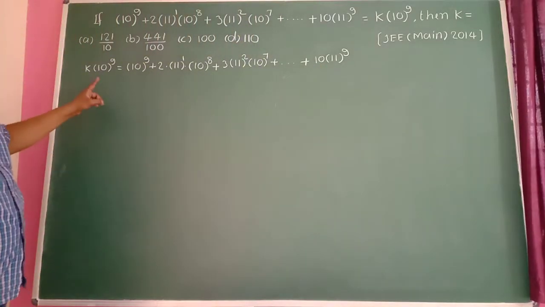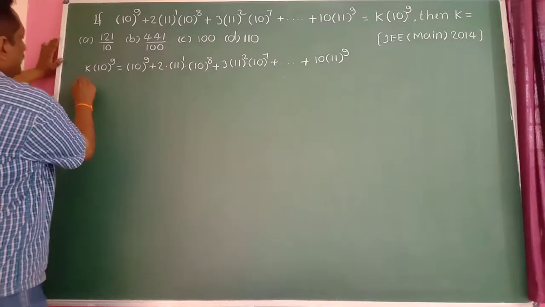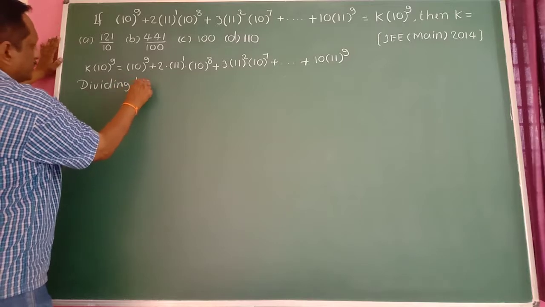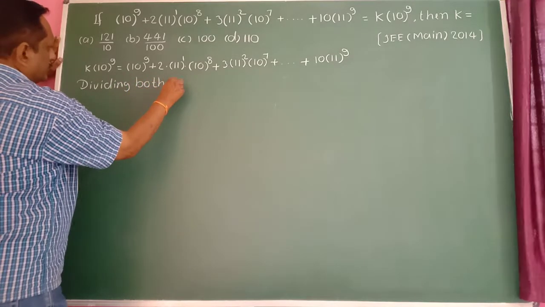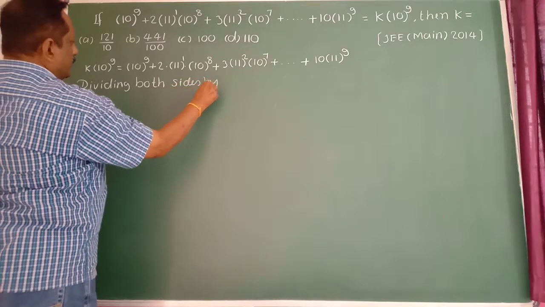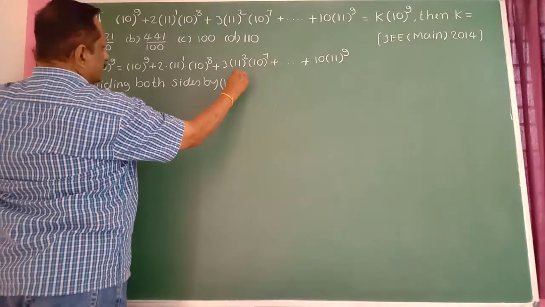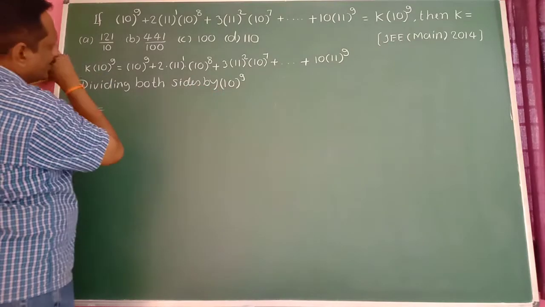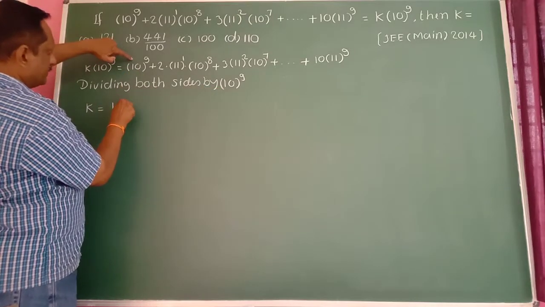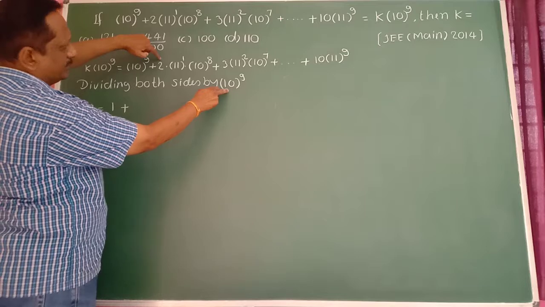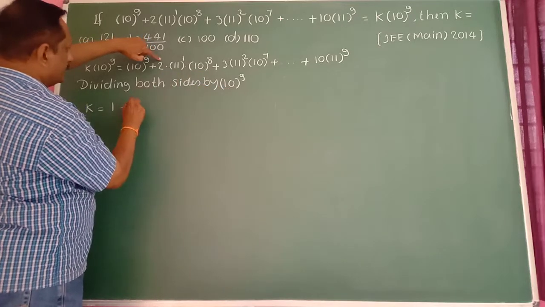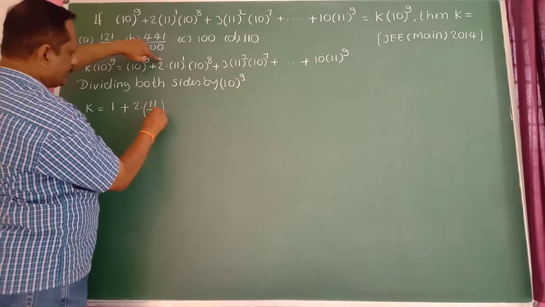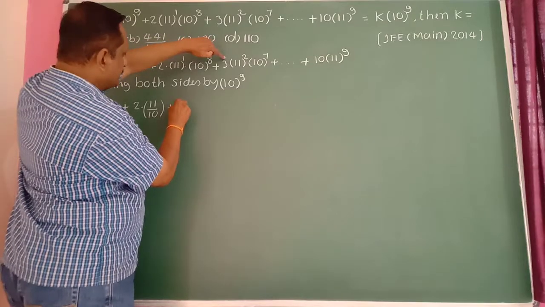Then dividing both sides by 10 raised to 9. Then 10 raised to 9 cancels, therefore k is equal to 1, the remaining is 1 here, plus 2 into 11 divided by 10, like this, then plus 3, keep as it is, then this upon this, remaining 1 upon 10 square,